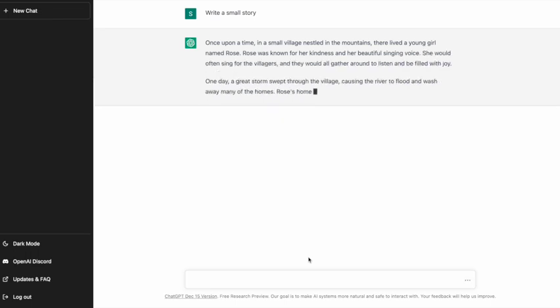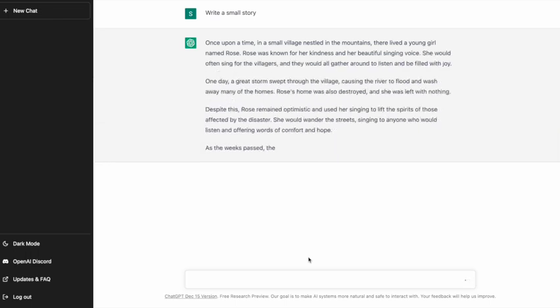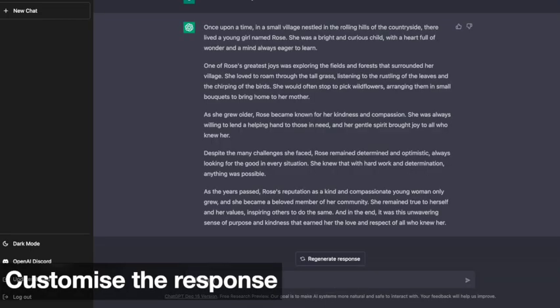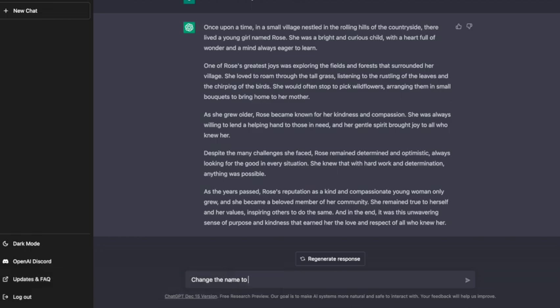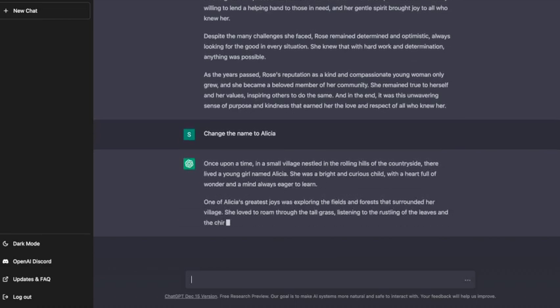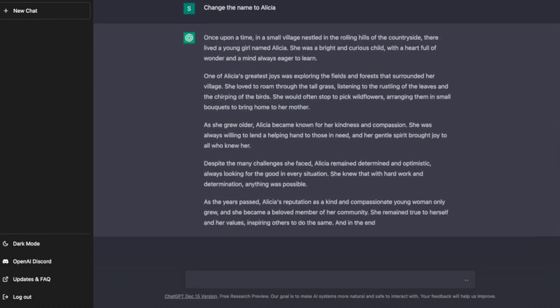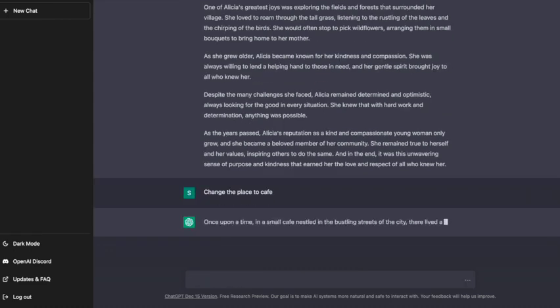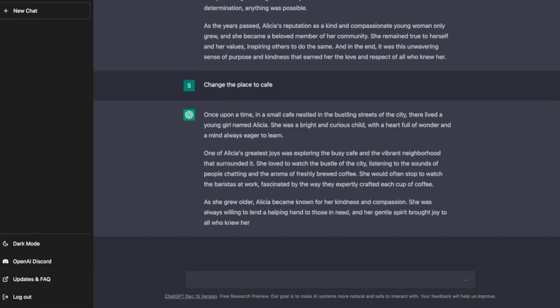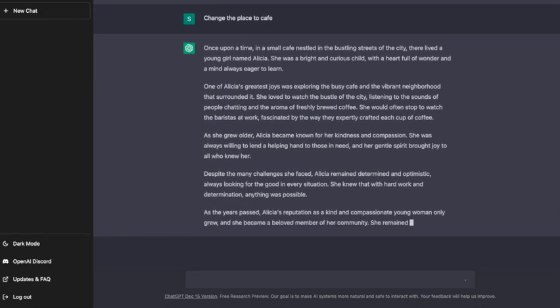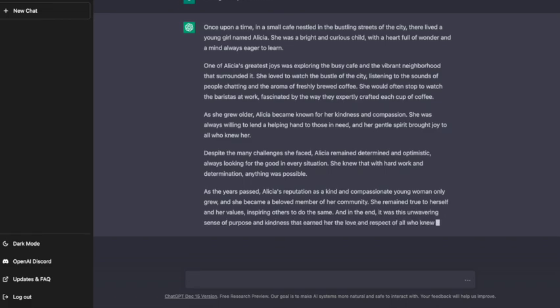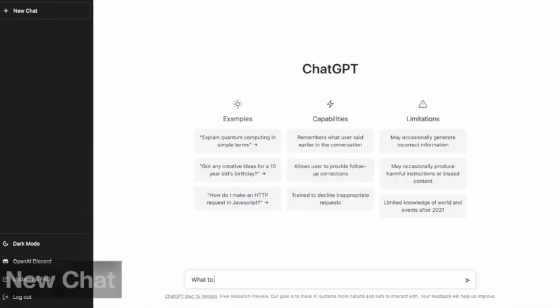Whatever I'm going to write in this chat box is linked to the previous question asked or the answer given by ChatGPT. We can customize the ChatGPT response, change certain things like a place, name, or anything in whatever script it has given us. Like we talk to a human, we ask them to change something in their written document. Here I asked to change the place of the story to some cafe, and the results are in front of you. If you don't want these responses to be linked, then you have to click on the new chat,